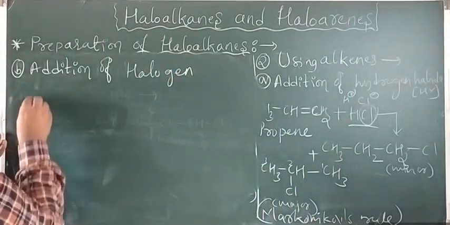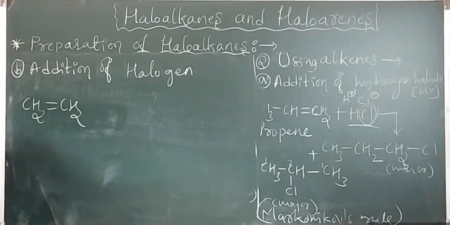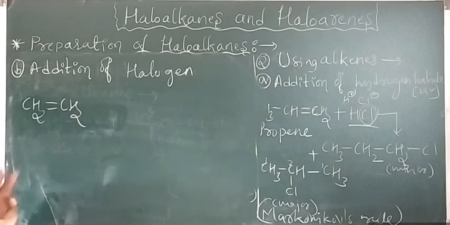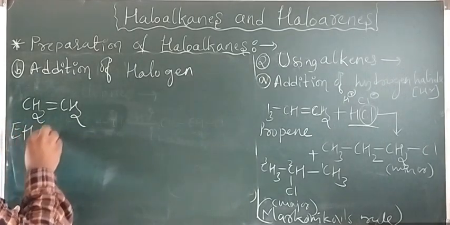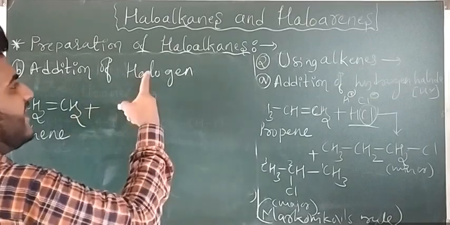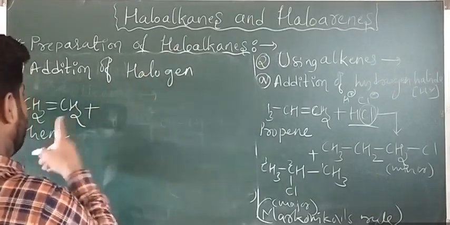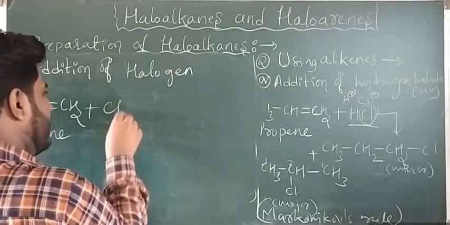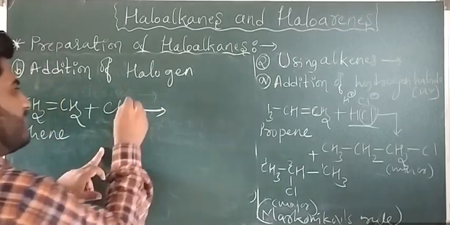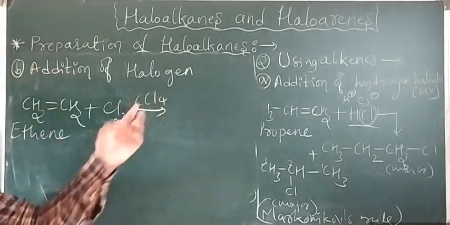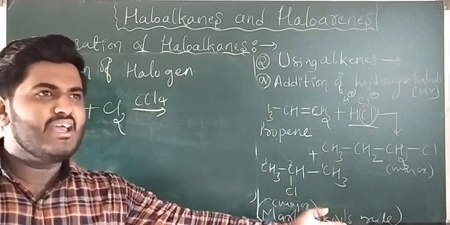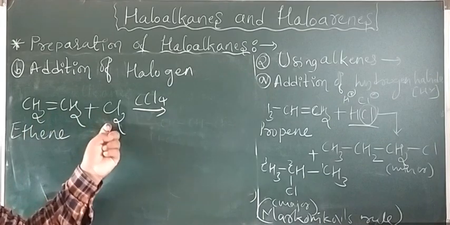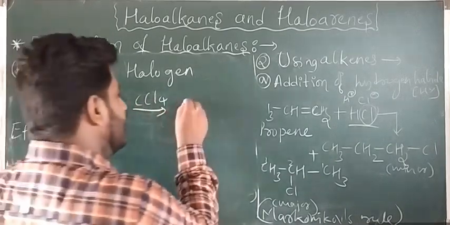Take any alkene. I will take this one. What is the name of this one? Carbon-carbon double bond is there, so alkene. 2 carbon atoms, eth, and double bond means ene, so ethene. So what are we adding here? Halogen. Halogen means any halogen, X2. I will take Cl2 as a general example. So when we add Cl2 in presence of carbon tetrachloride, the solvent is carbon tetrachloride. In Darzens' method, the solvent is pyridine. Remember that one. So this one is alkene. When alkene is treated with halogen in presence of carbon tetrachloride, look at here, this is observed.